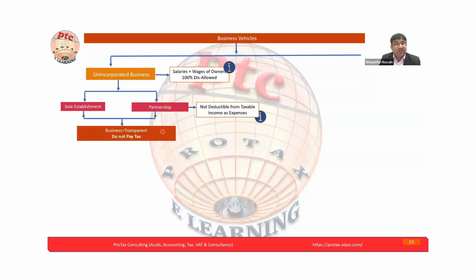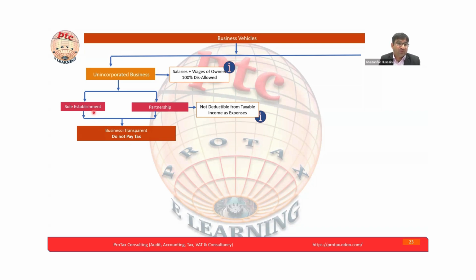For understanding the unincorporated partnership or sole establishment, because of the business transparency, the business will not pay the tax. Who will pay the tax? Just for understanding, we will take an example. If the business has a dispute, and some supplier or customer, either way, a stakeholder associated with the business, makes a case against the sole establishment, and the court gives a penalty in favor of the vendor or the customer, let's say a penalty of